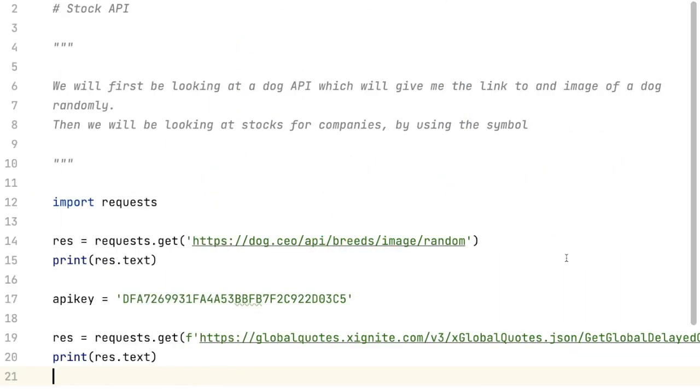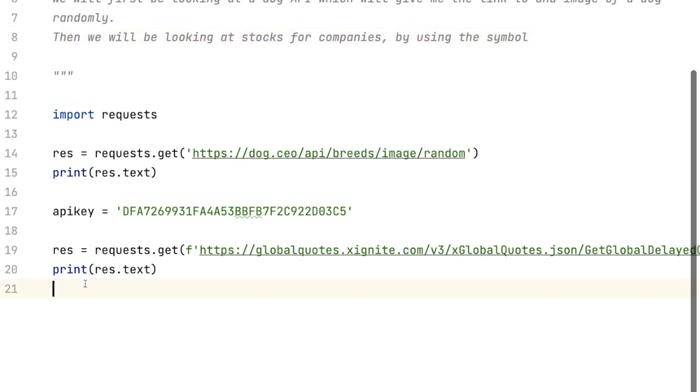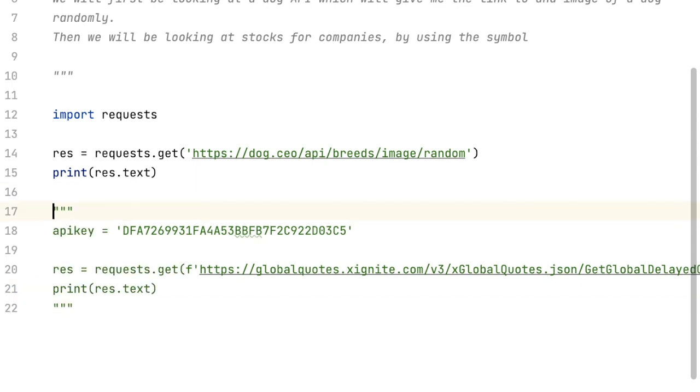Okay, so over here you can see another program. At the top, as usual, we have what we're going to do today, then the rules and last program. So today we're going to be looking at another two APIs, the dog API and the stock API. We will first be looking at the dog API, which will give me the link to the image of a dog. So here I have Google open, so I'm just going to paste that link in because I'm unable to display the image. So I'm just going to comment this, and